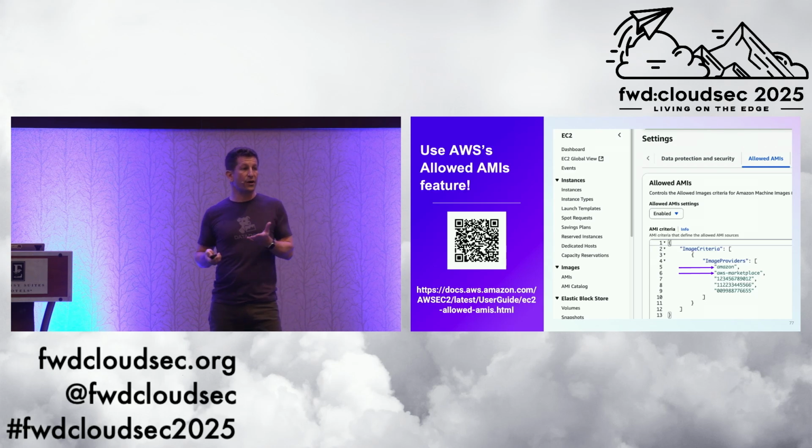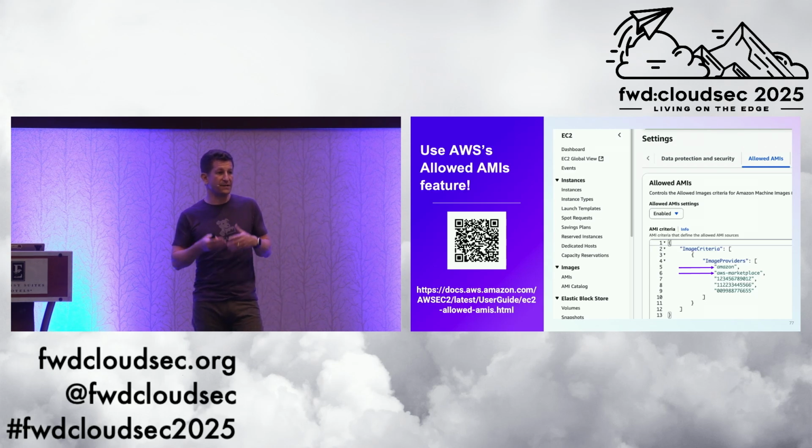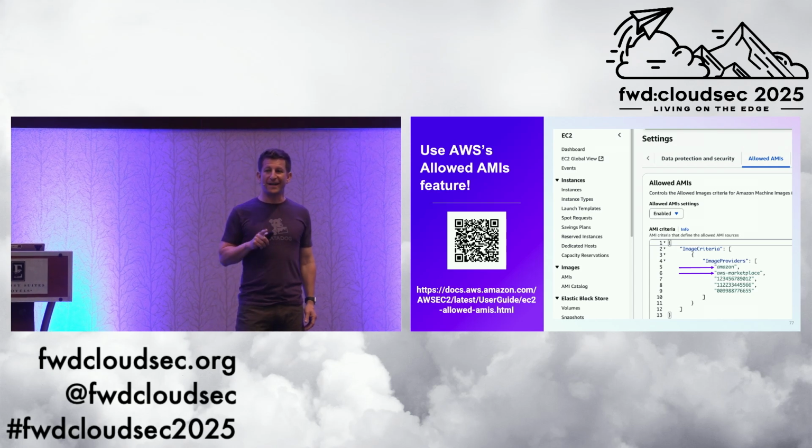The best part, you can use the owner alias. You can use Amazon and AWS Marketplace. So you're getting 200 account IDs for one there. Now, what we're looking at here is how you would deploy this per region, per account. So I don't really recommend doing that.